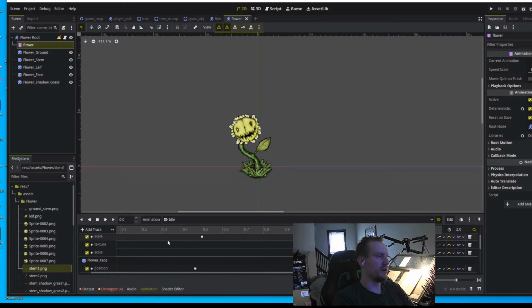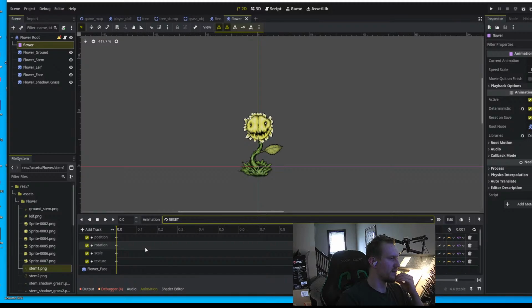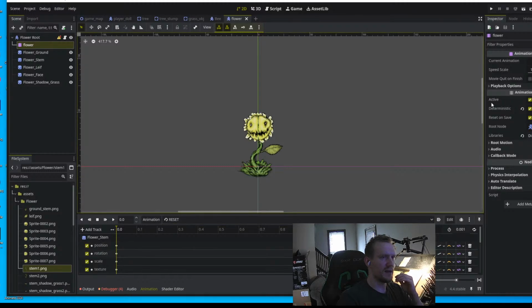If I go, let's say, idle stem off. See, it could be maybe because the offsets are different for different stems. Do I have an offset for this one? No. Okay. Let's go to reset. Flower stem. I don't even have an offset. How do you check the